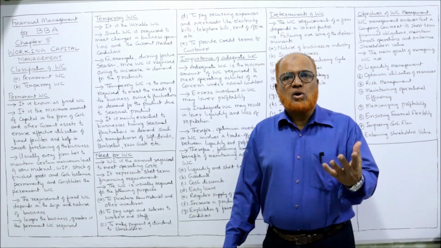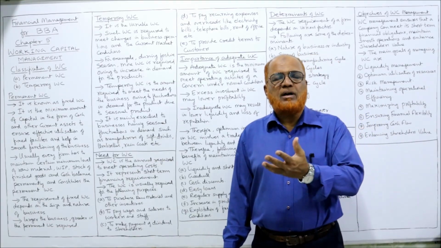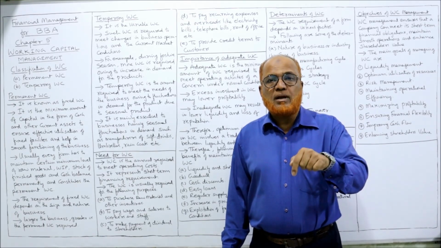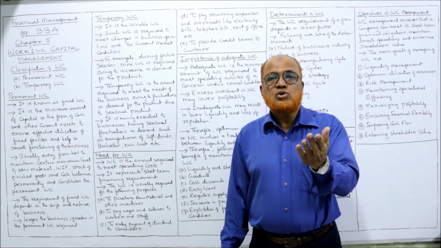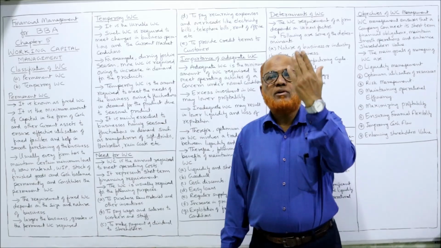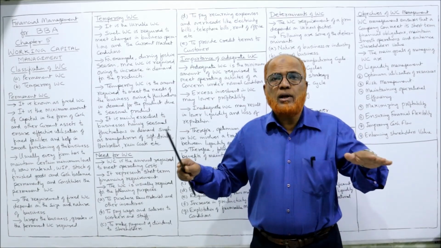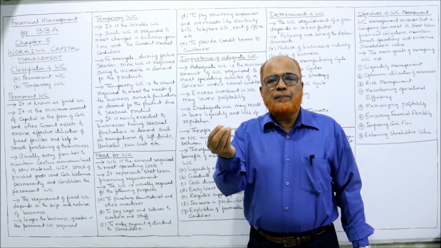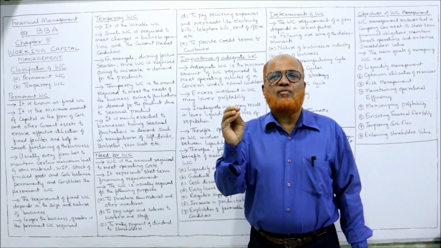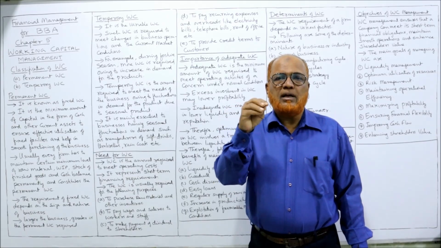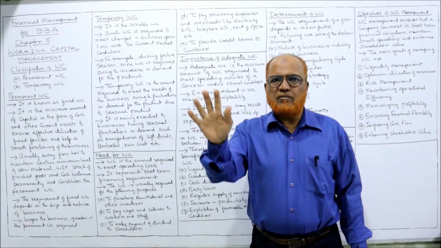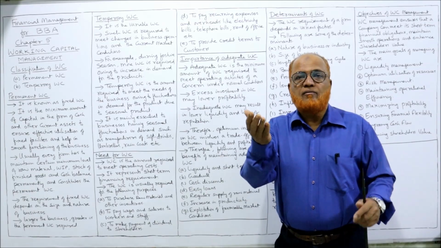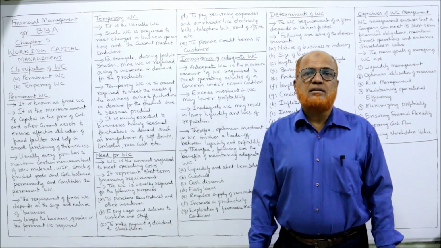For example, the soft drink. Throughout the year, 12 months of the year, the production of soft drinks will continue. But as soon as the summer comes, the demand will increase, so production will also increase. So working capital will also increase. So for the whole year, let us say a company which produces soft drinks, the permanent working capital in the company is 5 lakh. So 5 lakh rupees is the money invested in current assets. This is a permanent working capital. But as soon as summer comes, the production increases, the demand increases, working capital need increases to 8 lakh.